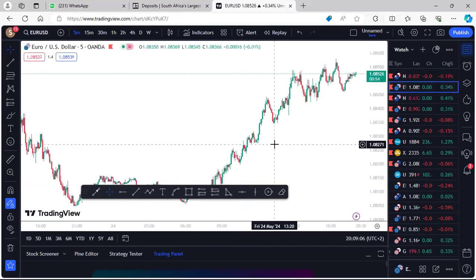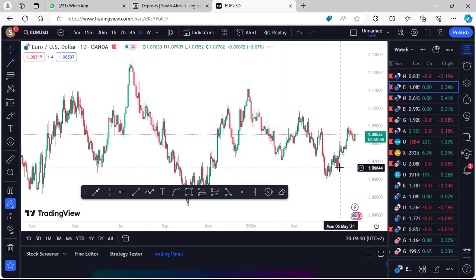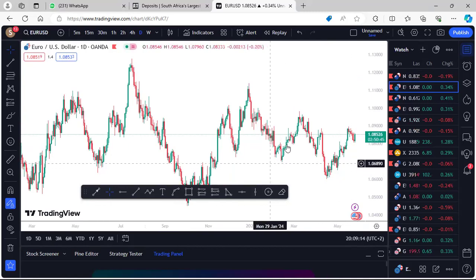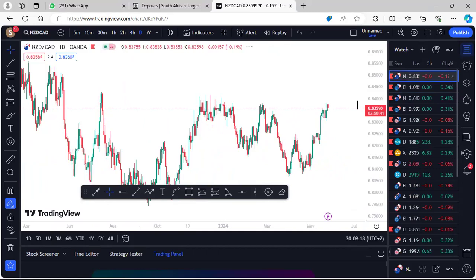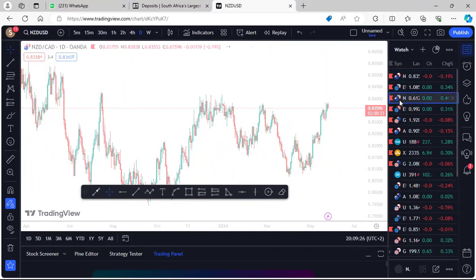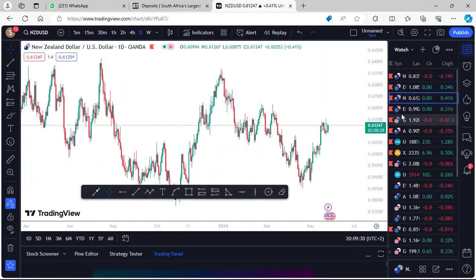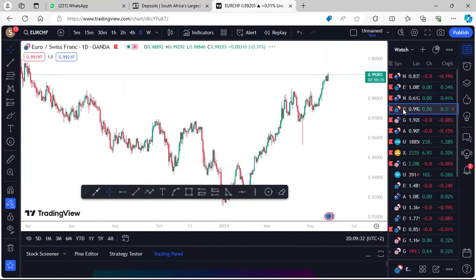It looks quite complicated, but it's actually the best for analysis. TradingView is best for analysis, and then MT5, the one that we already installed, is best for trading. So we are going to use TradingView for analysis, and we use MT5 for trading or to take the entry. So if you see here,